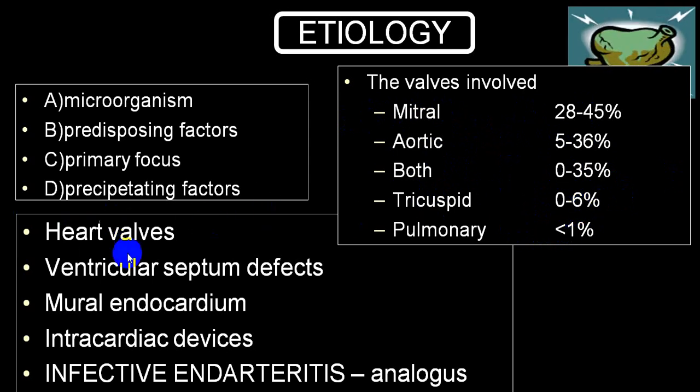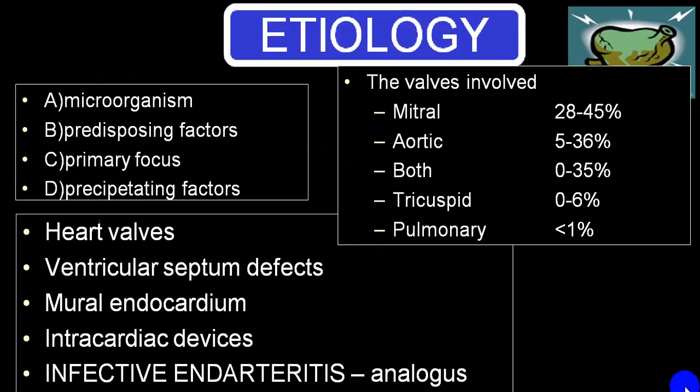Usually it will occur on a predisposing factor where there is valvular structure or endocardial damage, VSD, mural endocardium, or intracardiac device, either CRT or pacemaker or ICD, etc. Then microorganism from the primary focus, which can be dental, lung abscess, empyema, bronchiectasis, or can be from pyelonephritis, pyoderma, osteomyelitis, or sinusitis, chronic sinusitis, etc. And if there is a decreased immunity, those microorganisms can easily spread from primary focus to the endocardium, that is a damaged endocardium, and can end up with infective endocarditis.